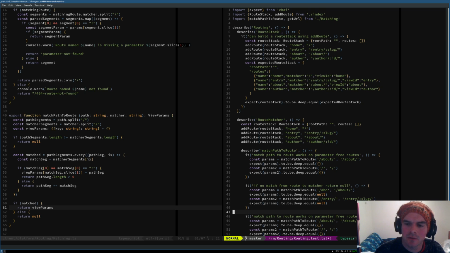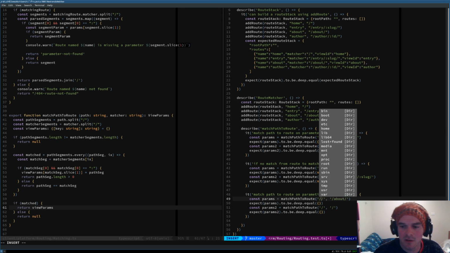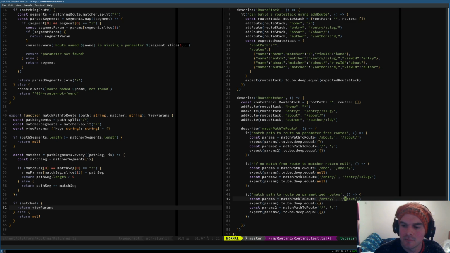Match path to route, and I'll get rid of that word works because it's sort of implied by the test. On parameterized routes, which is stuff like our entry slug, we should be able to get the slug out of that one. And let's say